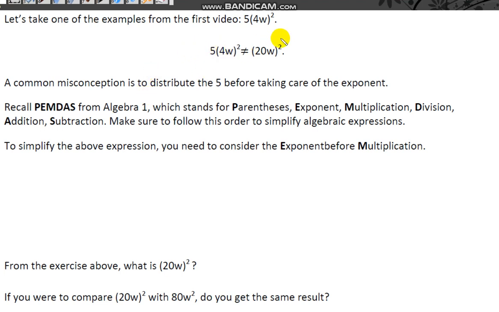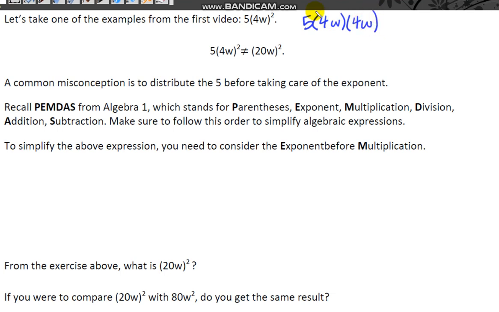Hello. Okay, so I'm going to do the second part of this video. What the main idea from the first video was, you can expand this expression. So this expression would read 5 times 4w